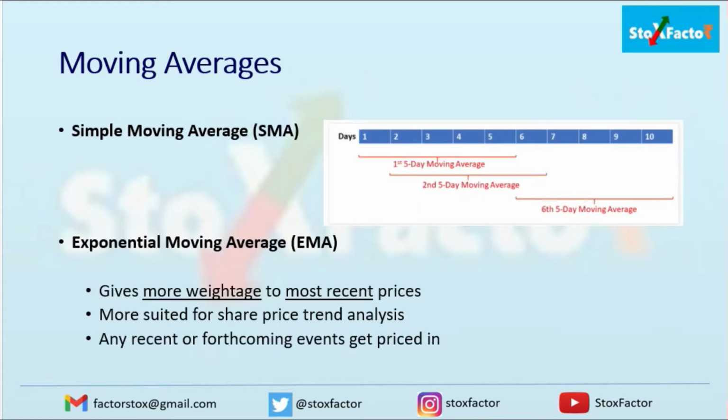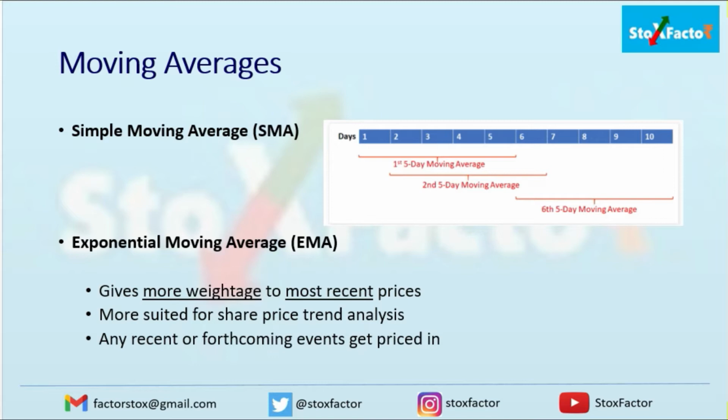So friends, you must have already heard about the exponential moving averages or the simple moving averages, and you might be using one of them. So let's discuss what type of moving averages are generally used. Basically there are two types of moving averages which are generally used for analysis, that is the simple moving average and the exponential moving average. We are going to specifically focus on the exponential moving average, but just to demonstrate the difference.